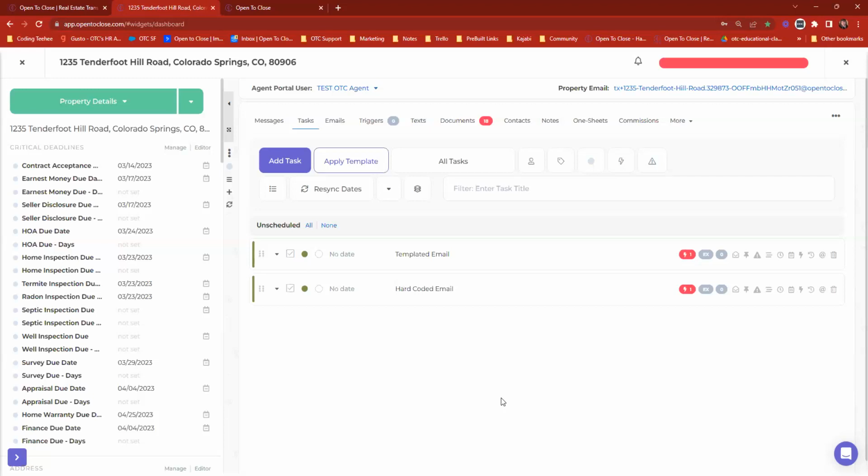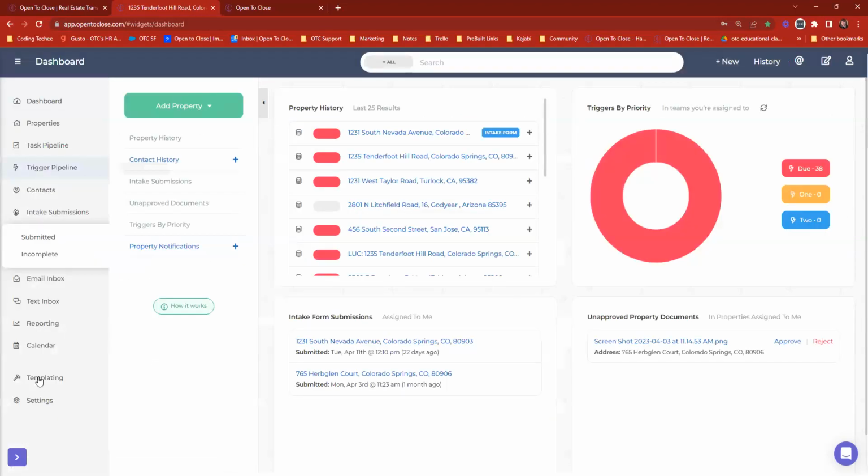Okay, so we have another one. Our agents are licensed in different states. Should I create a new team for each state? It depends. It depends. So when we're talking about creating the different teams within Open to Close,